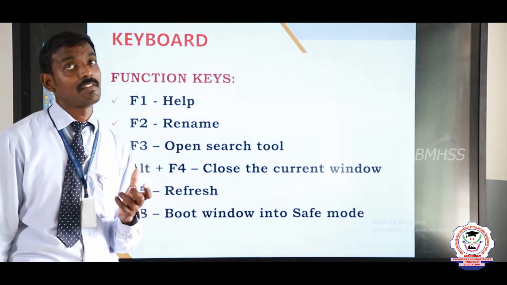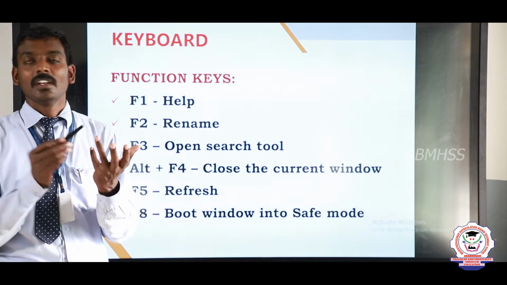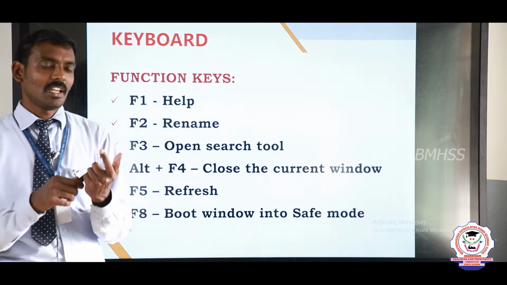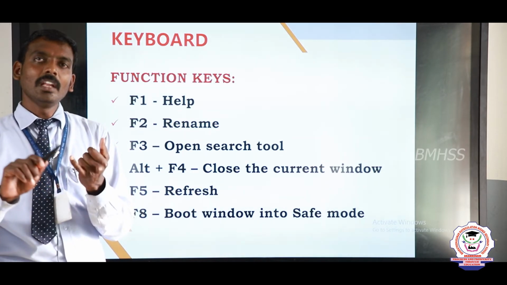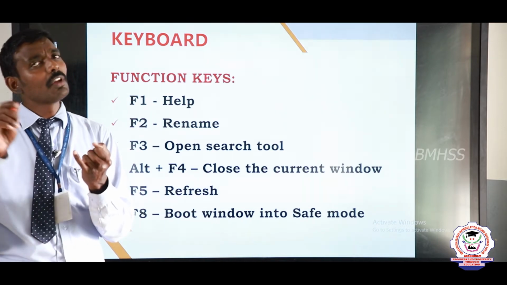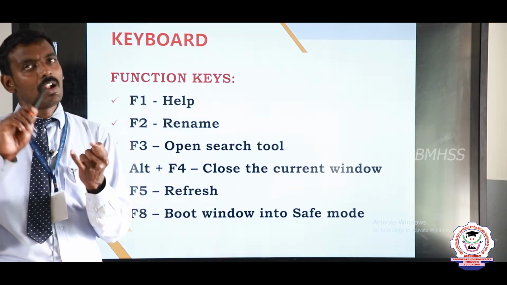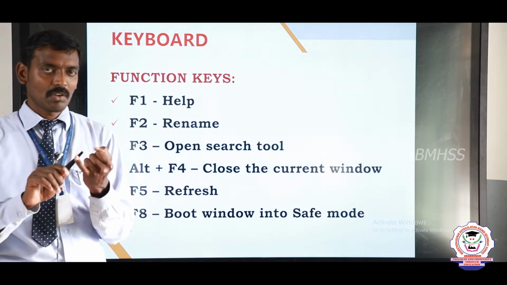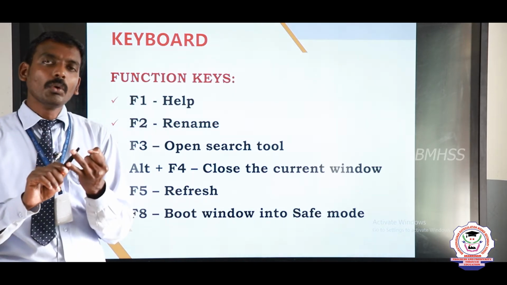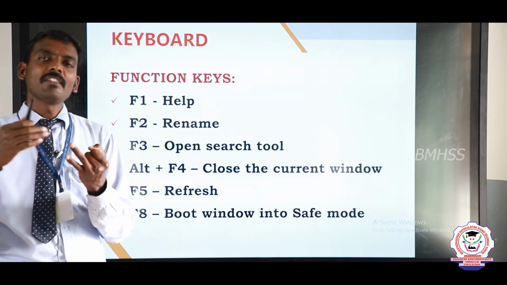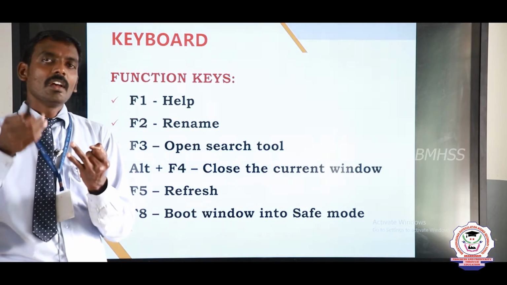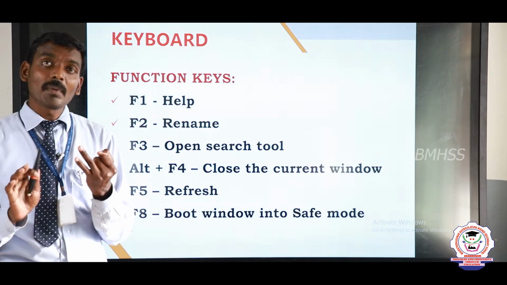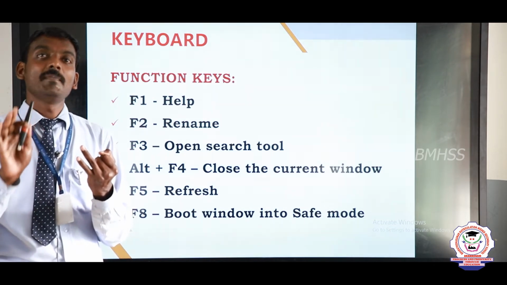In Alt plus F4 we have several options: shutdown, hibernate, sleep, and some more. Shutdown means the system will be shut down properly. How is it properly shut down? All the running applications should be closed before the system is shut down. Suppose you want to open the system again within 5 minutes or half an hour, you save the document, minimize it, and put the system in hibernate.